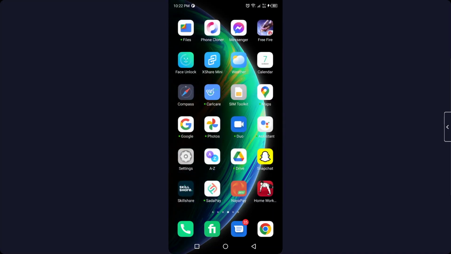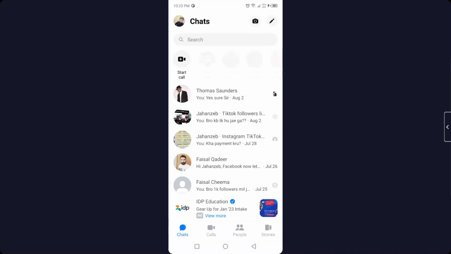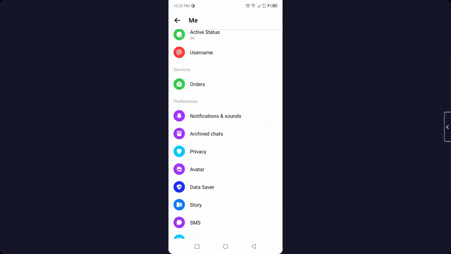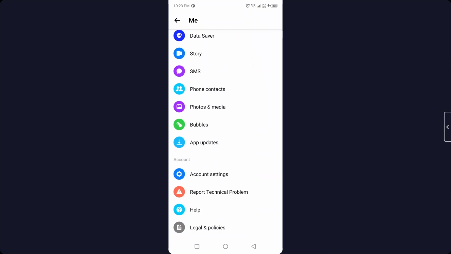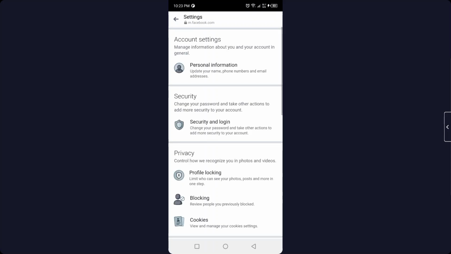So the first step you need to do is to open Messenger. Once you open Messenger, you simply need to click on your profile picture on the top left, and then you need to scroll down until you find an option of account settings. Click on that option. Once you click on that option, you are on the settings section of the Facebook, and